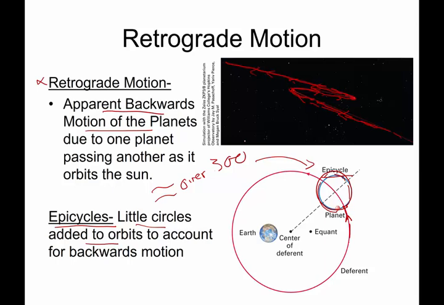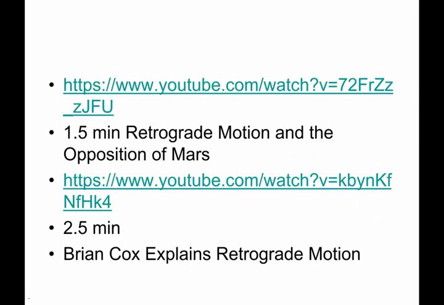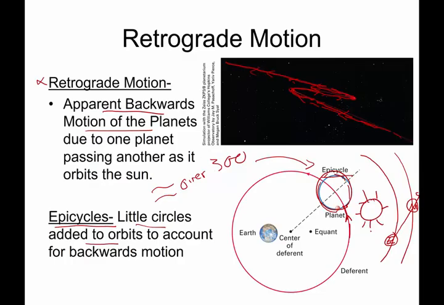And so why does it look like the planets are moving backwards? It actually looks like the planets are moving backwards because one planet, as we actually do orbit the sun, is passing another one on the curve. So let me see if I can explain this. I have a couple of videos later that will do a more thorough job. But let's say this is Earth and this is Mars. If we observe Mars on one day, we're going to see it here. Now, if we are actually traveling faster than Mars, so if here's Earth at position 2, here's Mars at position 2,